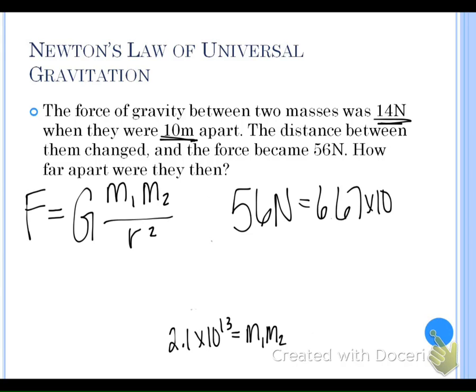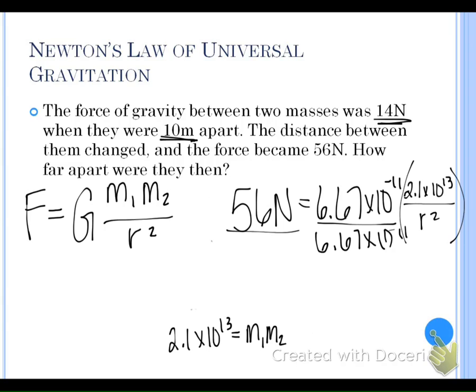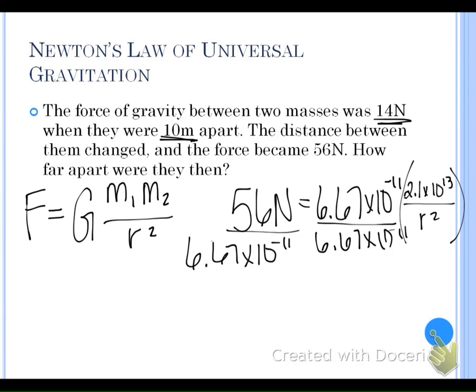We know our G. Same here, I'm going to start by dividing by the 6.67 times 10 to the negative 11th, on both sides. So if I take 56 divided by 6.67 times 10 to the negative 11th,